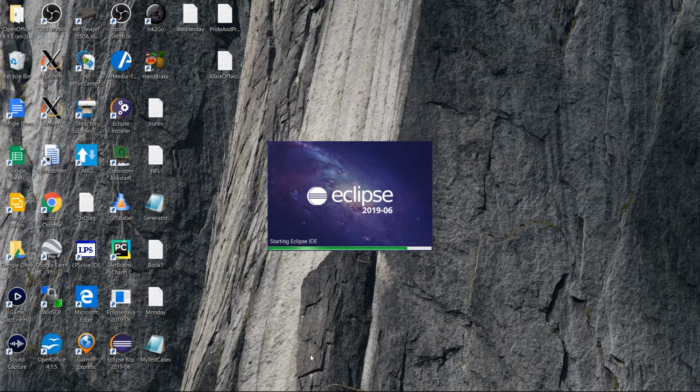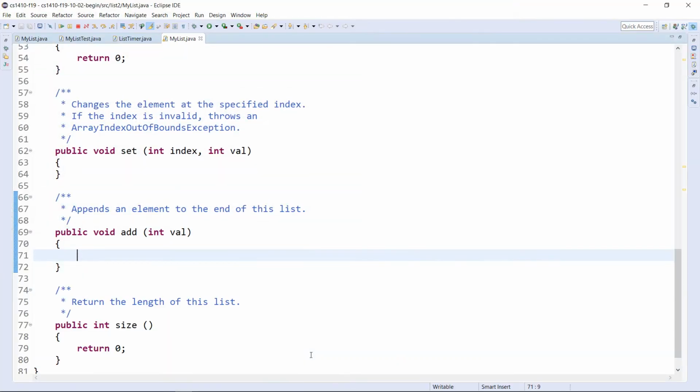Okay? What about the size method? What will it look like? If someone asks, what's the size of this list object, what will we say back? Well, we can find out in